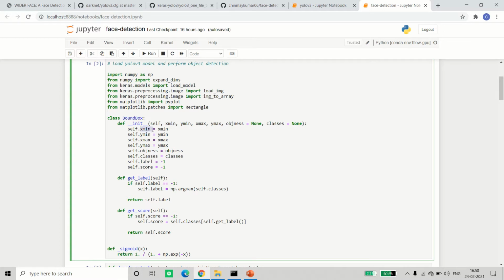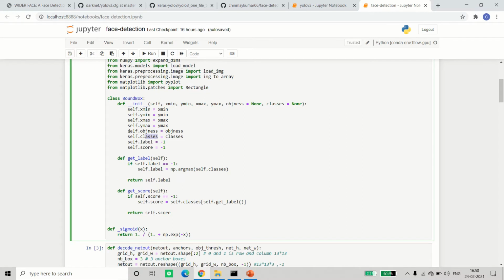So let's just see the definitions. It's x min, then y min, then x max and y max. This will give me the diagonally opposite coordinates, and then objectness and class. Please make sure that in this code both are signifying the same thing. For the labels I have made a separate self.labels which will go from the class.